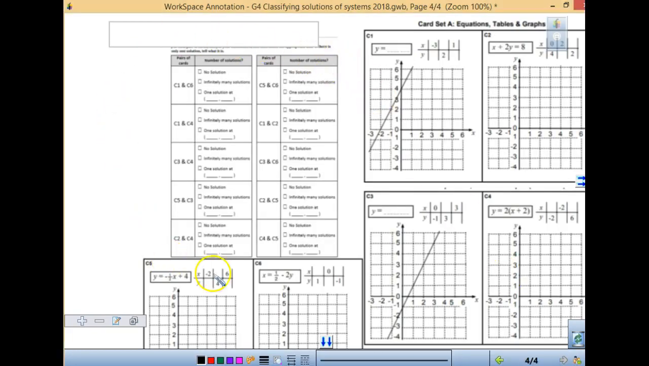So this is what the card is going to look like. You're going to get this sheet, and then you're going to get all these graphs. So what I would like for you to do right now